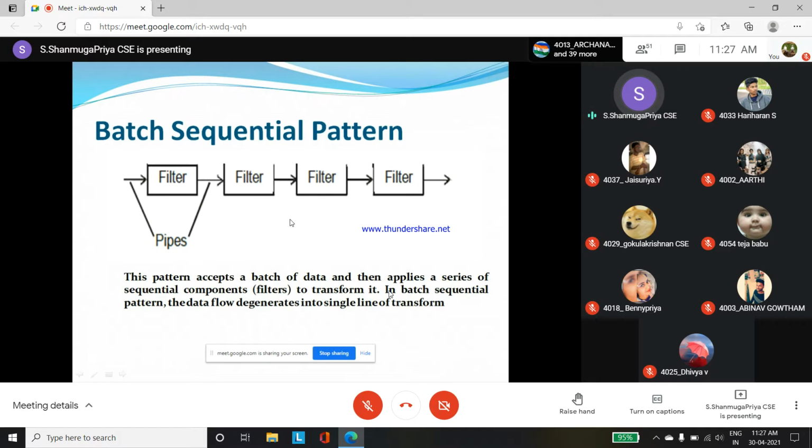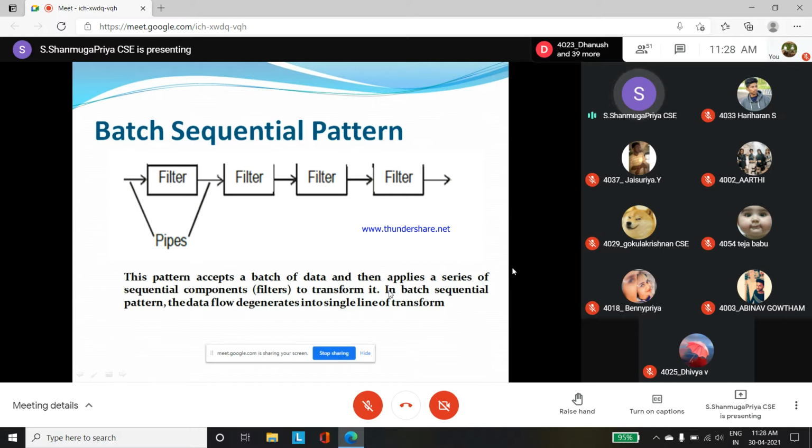The next one is batch sequential pattern. Here also we are using the pipe and filters concept only, but what are the differences? We have to use a sequential pattern. In data flow architecture, wherever we want, we can add the modules, wherever we have to communicate; there are no conditions for interconnecting two modules. But in batch sequential pattern, we have to follow one condition, that the modules have to be in a series.